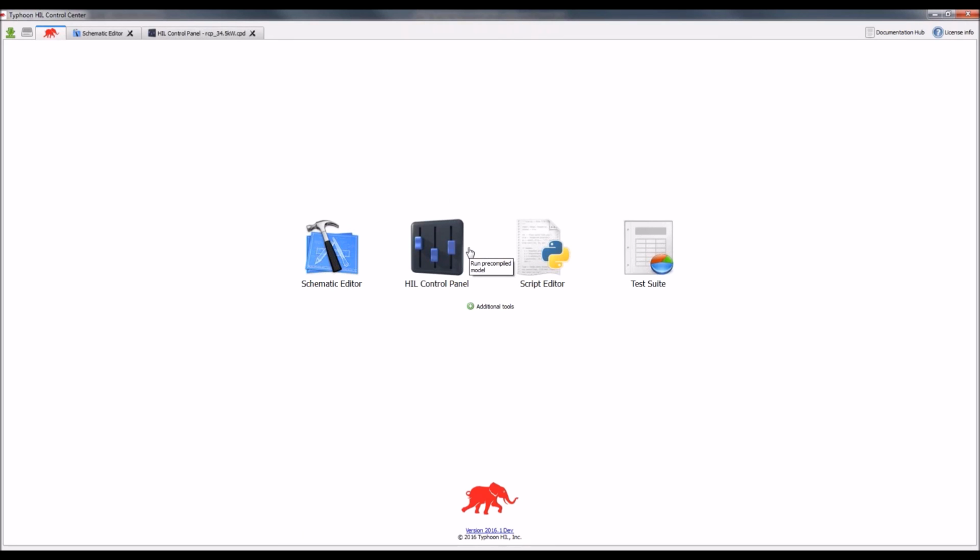In the control panel, you're actively interacting with the real-time simulation. Script editor is something you can use Python in to automate the testing, and the test suite is what we will be focused on today, which allows us to test according to pre-specified grid codes, and today we're focusing on